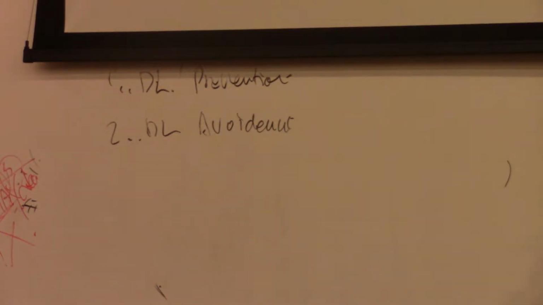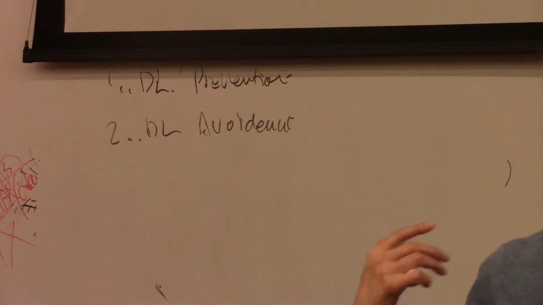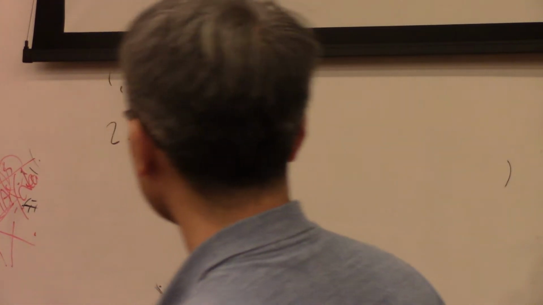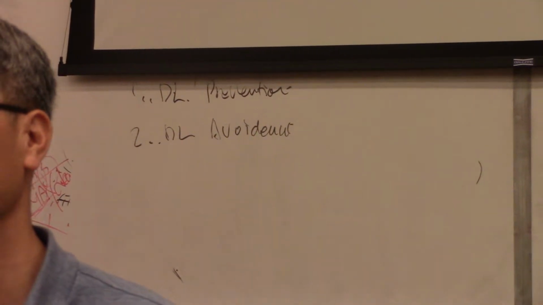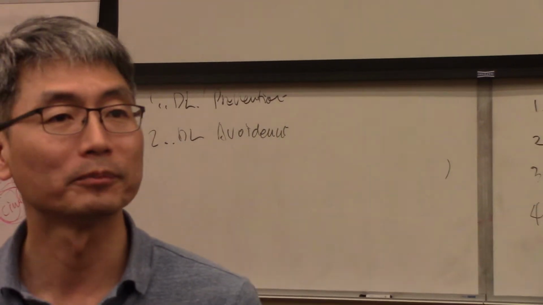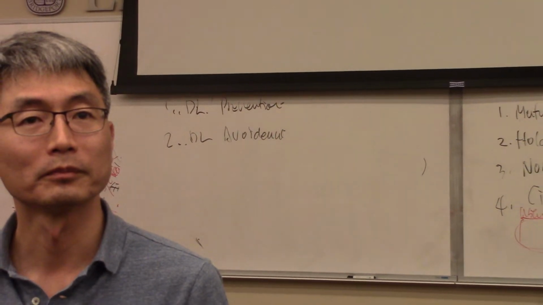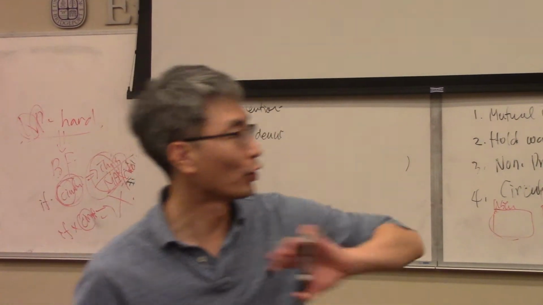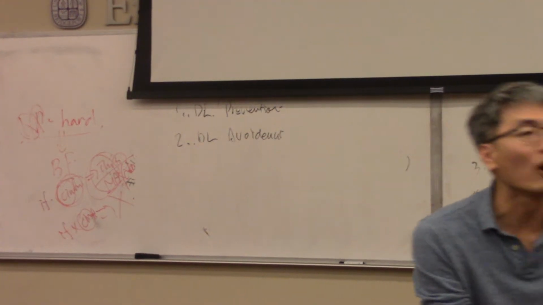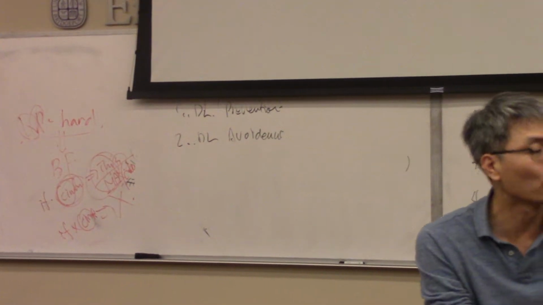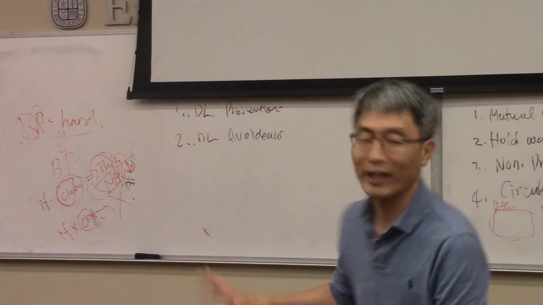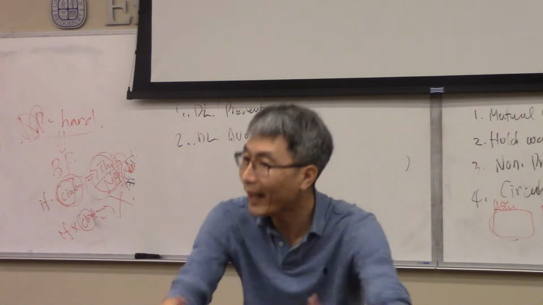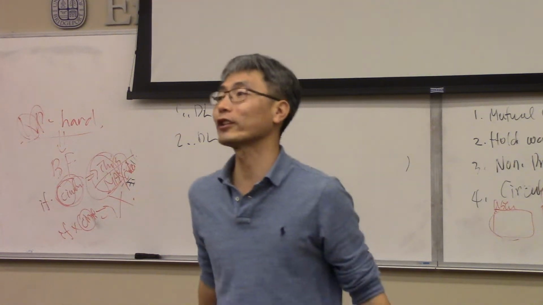So first, deadlock prevention. When I learned deadlock, it was really confusing. What is prevention? What is avoidance? It looks like they're very similar, right? Prevent means what? Somebody makes a rule. You are prevented from something. You cannot do that. In case you do, it's a violation, right? Prevent, you cannot. Okay? Avoid means,